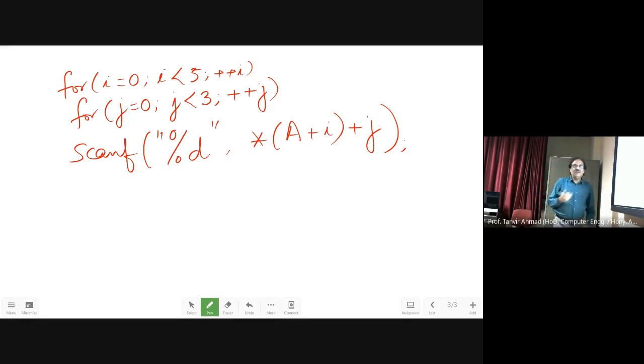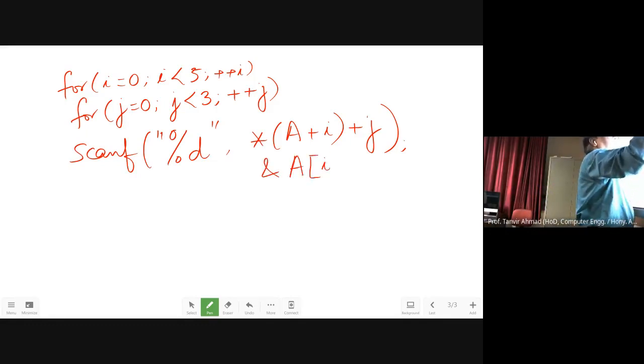Okay, or I can use the old one. I should not, because it is going to use an array.